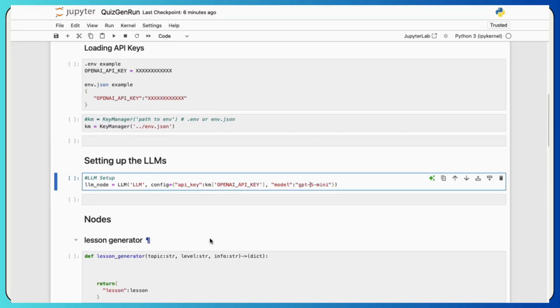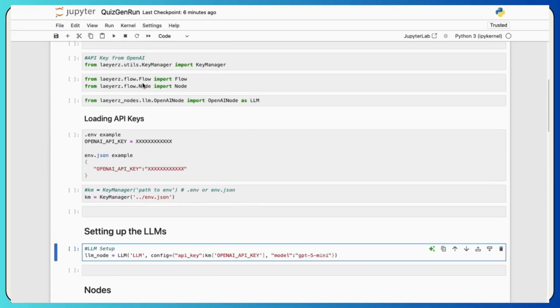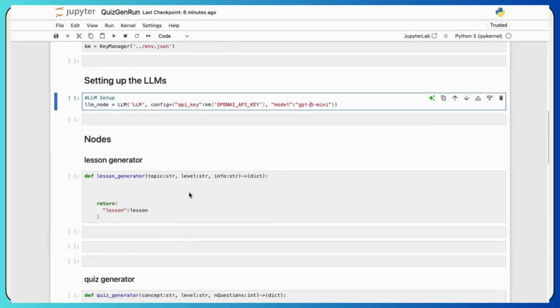That sets up the LLM connector, and we can then use that to set up our functions. We also need flow and node from Laeyerz. We use node to set up our nodes. So let's start setting up our first node. Our first node is the lesson generator. What we want is to tell the AI to generate some lessons. So we need to set up,